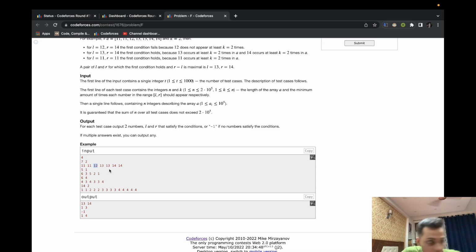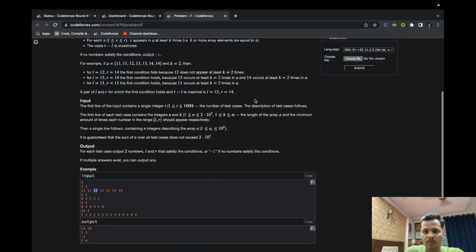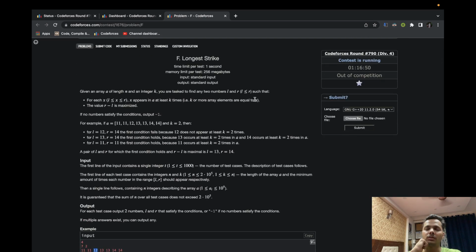Okay, just give me a moment. Frequency of each element exceeds k.